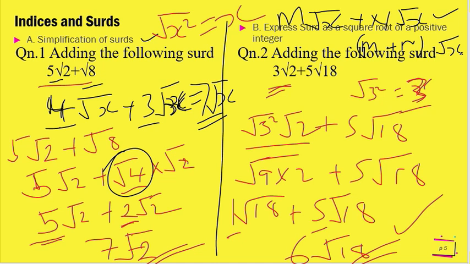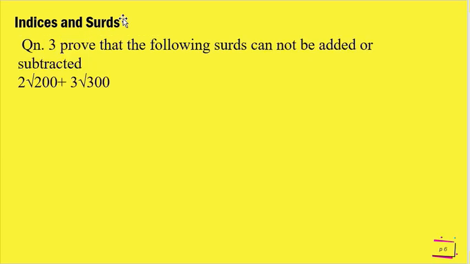You can only add if whatever is inside the root is the same. Now for you to make sure that everything inside the root is the same, you have to ensure that you either simplify or express the surd that you have been given as the square root of a positive integer. Now here is a question asking us to prove that the following surds cannot be added or